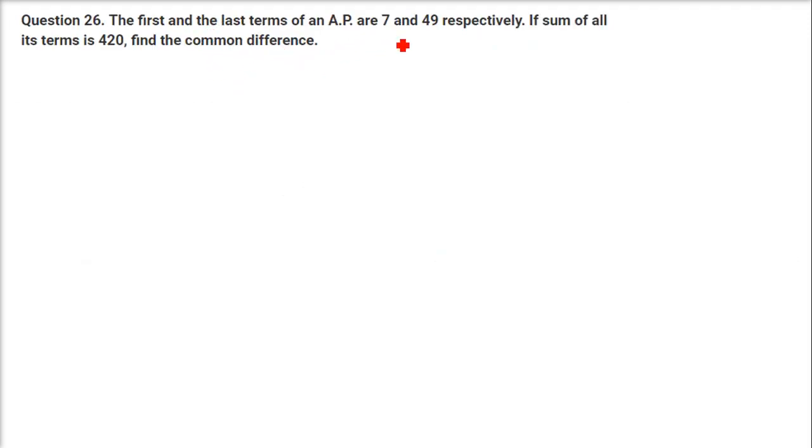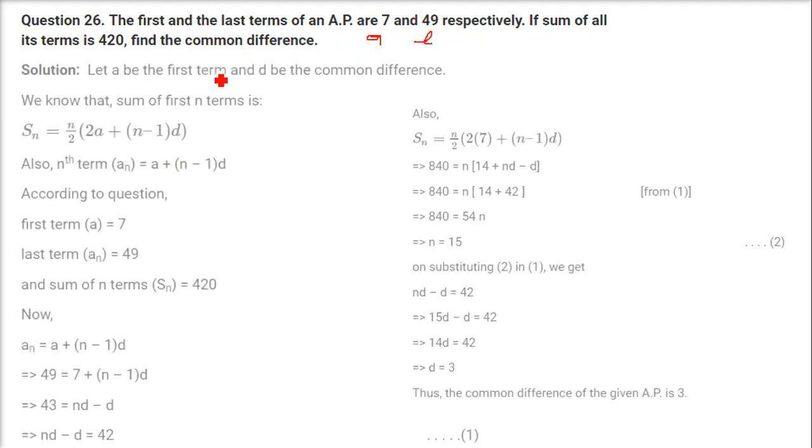The first and the last term of an AP are 7 and 49. That is, a is 7 and l is 49. If the sum of all the terms is 420, find the common difference. So first we will find out the n here. First we'll find out the n, then just put it in the formula,